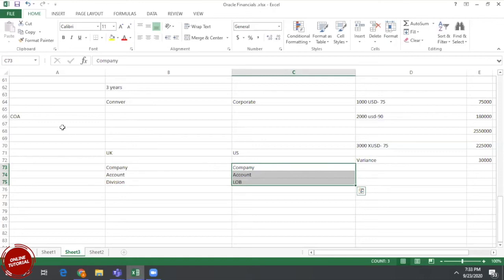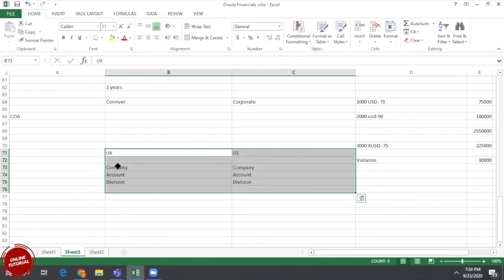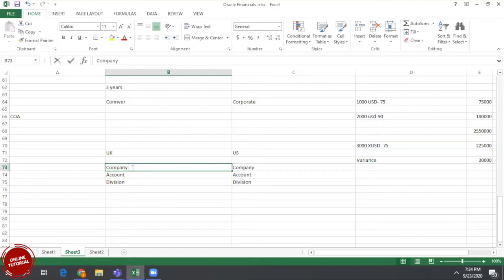I require 2 different charts of accounts. For example, here division is the same. In this example, how many charts of accounts are required? Only one chart of accounts, which can be shared by both entities. For example, I require a company, here company 1. Otherwise, what I'll do is, for example, division: I have A division, B division, C division as values. These values are derived from a value set.